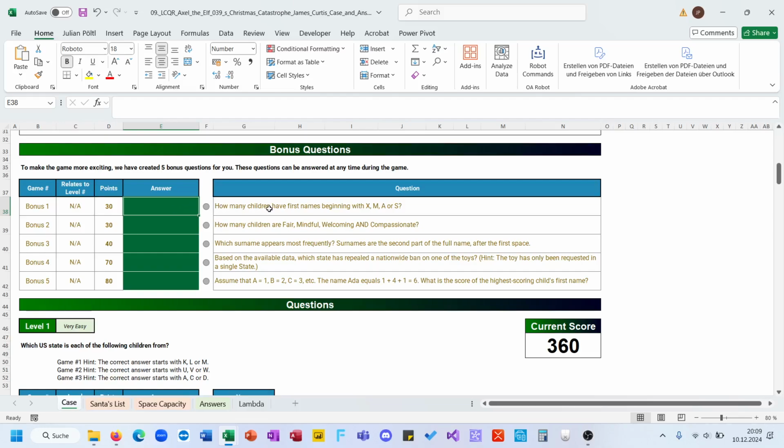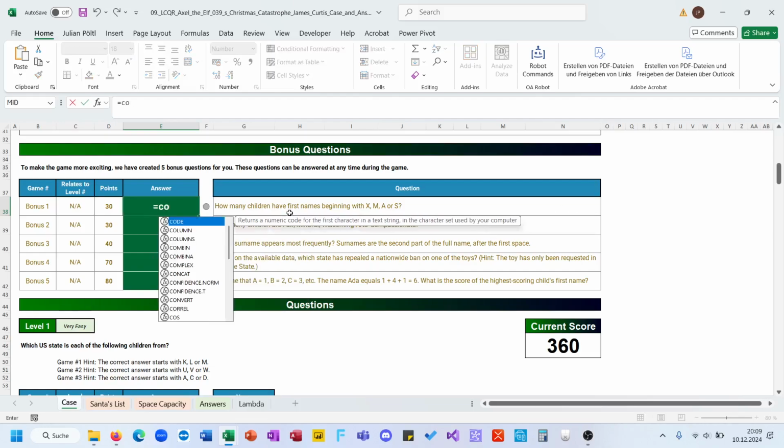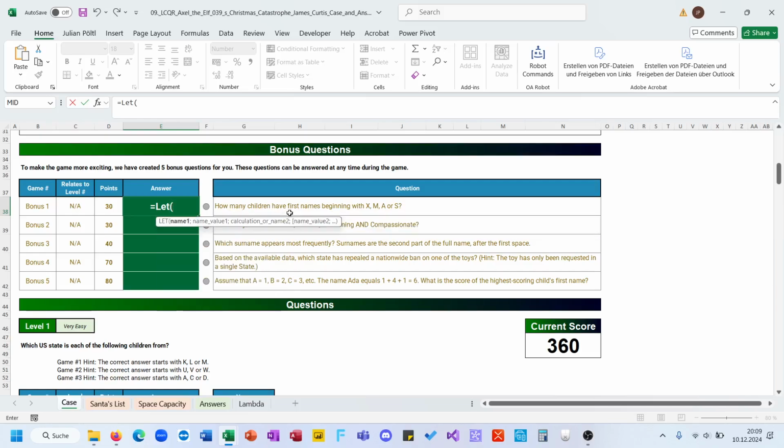How many children have first names beginning with X, M, A, or S? F for first names, and then we take LEFT of the name, and here if we don't add something it's 1, and then we can